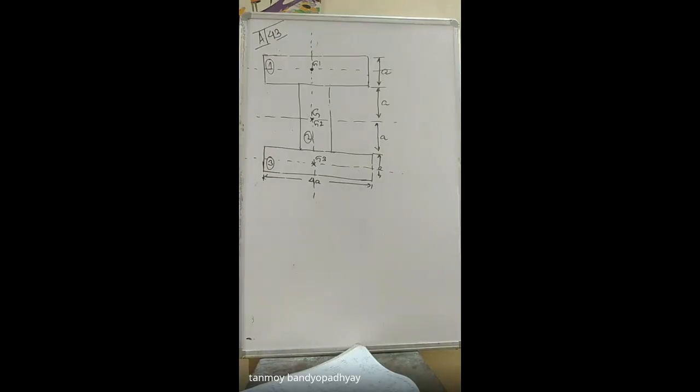So I hope you can understand that there is a universal axis system that passes through G, and that refers to the centroidal axis of the entire I section. So for the entire I section, you have one centroidal axis that passes through G, and if you consider each individual rectangle, you are left with three local axis systems. This axis system is local to rectangle 1. This axis system has coincided with the actual system, so our axis system passes through G2, and this is an axis system that passes through G3.